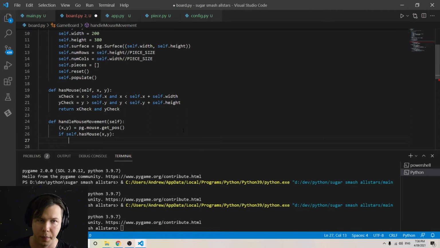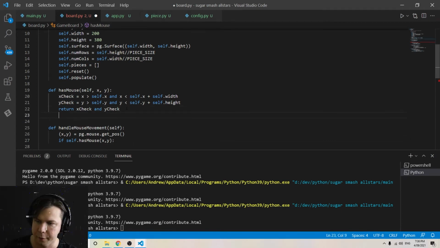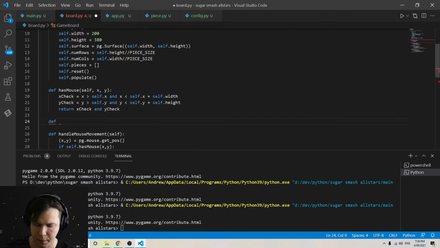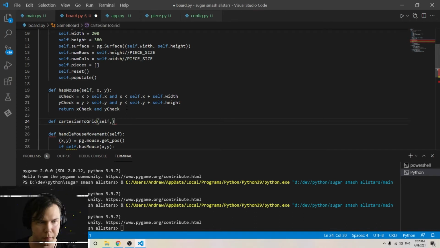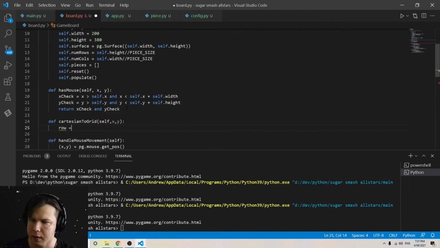And if it is within our bounds, then what we want to do is get the mouse XY coordinates and convert it into grid coordinates, row and column. So then we'll make another function called cartesian_to_grid. And this takes in an XY coordinate. And we'll say, okay, row is,